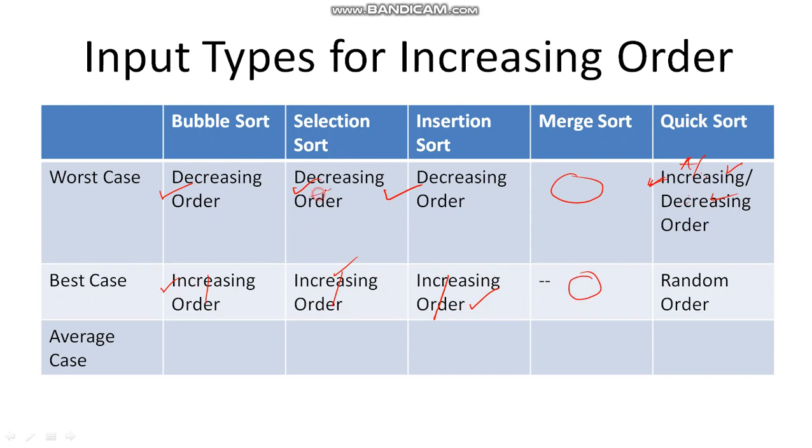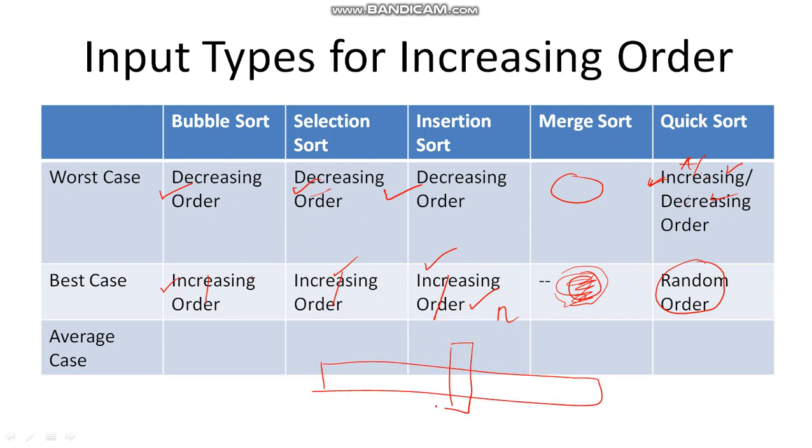So it is the same for bubble sort, it is in increasing order, and the complexity over here is n. Whereas for merge sort there is nothing, because there are no comparisons needed. Whereas for quick sort it is random order. Random order means whatever the input, every pivot element is always placed in the middle of the array, that is the best case. And identifying that best case in quick sort is very difficult. For that purpose I am saying that it should be any random order.